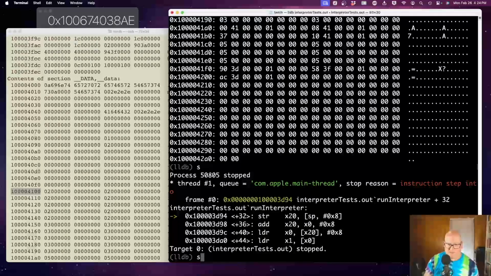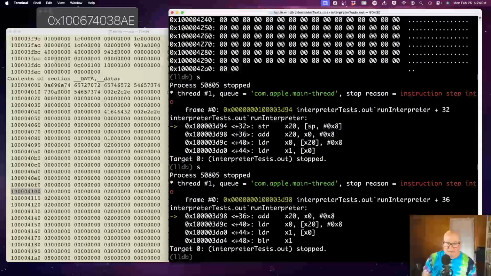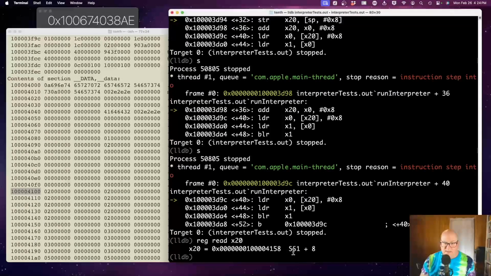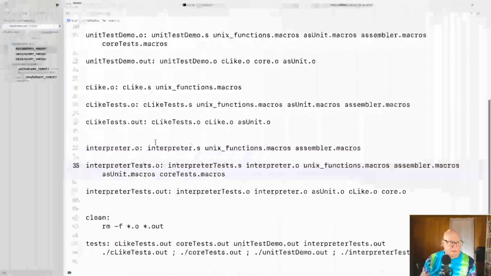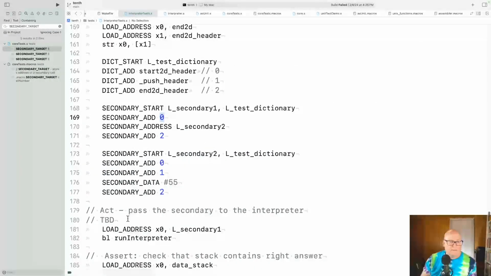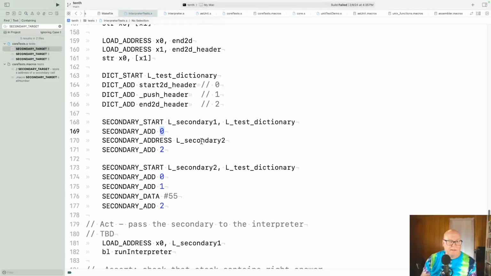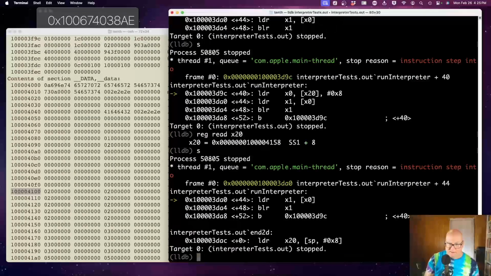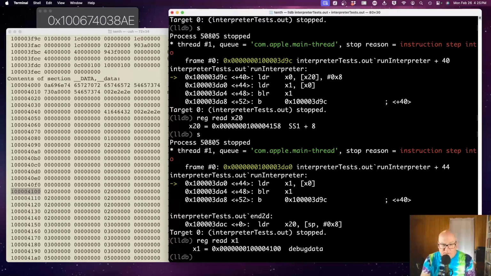Well, step and step. Okay. X0 is the value coming in, becomes X20. Reg read X20. Okay. The virtual PC, we're one past our SS1. So SS1, that should be the address of the secondary. Okay. Now if I step, all right, that was X1, is what the secondary points to. All right, step,